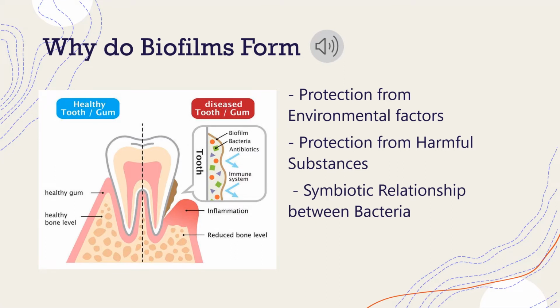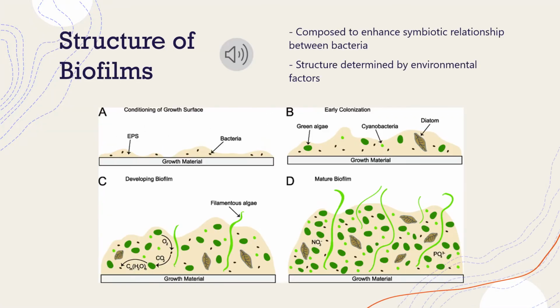Finally, there's a symbiotic relationship between many of the different bacteria within the biofilms. An example of this is how autotrophic bacteria work together with heterotrophic bacteria so that they may cross-feed and each have the nutrients that they require. The structure of biofilms are composed so that a symbiotic relationship between the bacteria which create them can exist and flourish. The biofilm begins with a base of the bacteria which produces the EPS as well as the matrix, and